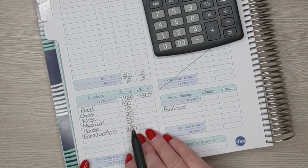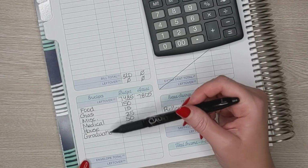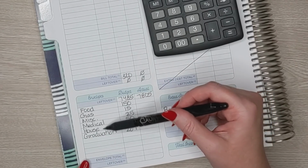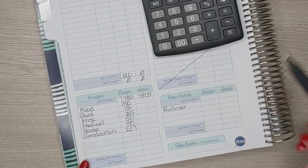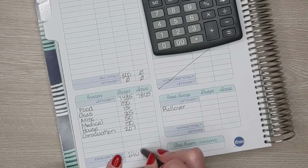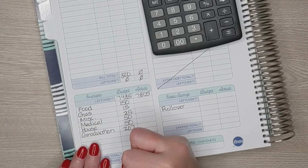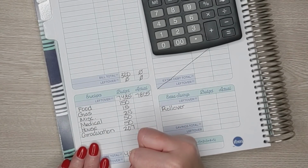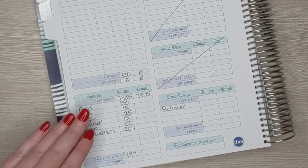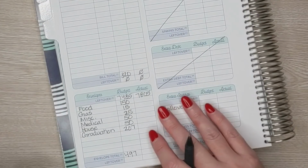Okay, let me add up the miscellaneous expenses. This is just all my normal miscellaneous expenses plus graduation. So we have food, gas, miscellaneous, medical, and house, and then $207 for graduation. So we budgeted $497, and there was quite a huge variation here. Oh wait, no, that was last week where there was a huge variation. Well, let's see how we did this week. I get confused when I do 2 weeks at a time. Okay, so